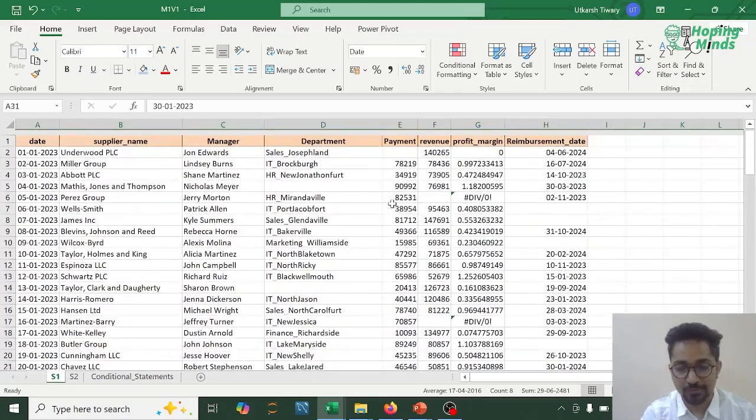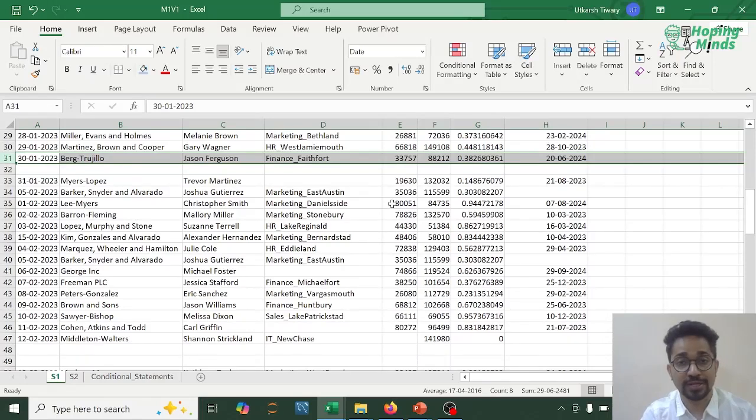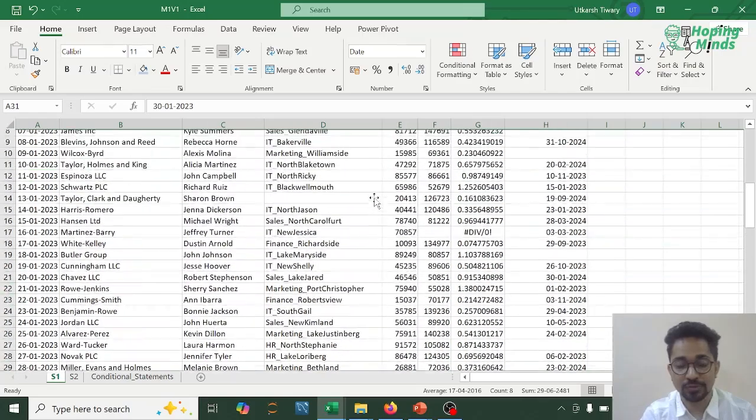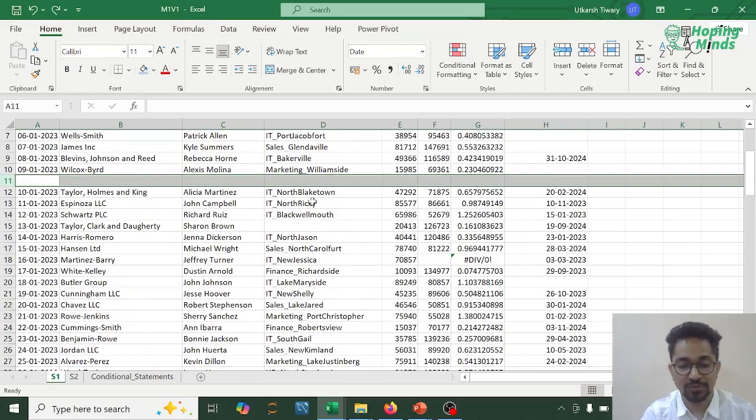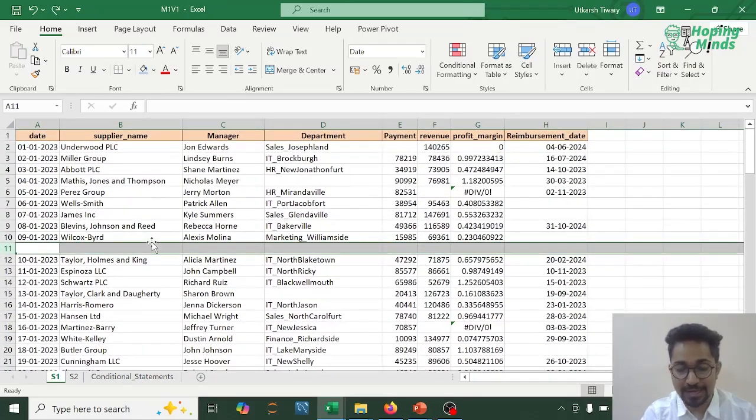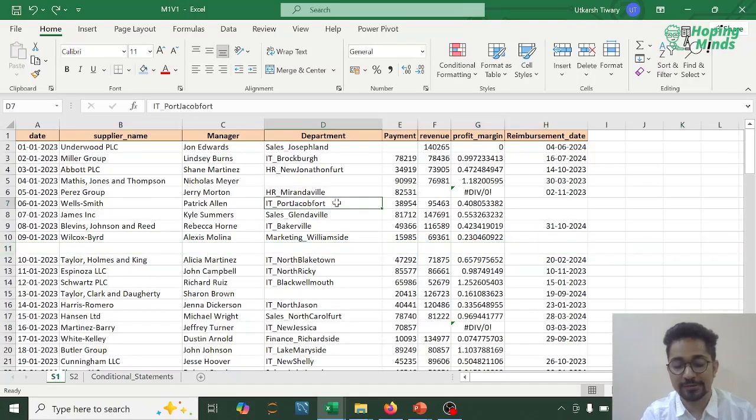But the point being, suppose out of 10,000 records, we have 100 plus rows which are entirely blank. So we won't go about deleting each and every blank row individually, right? So we have to figure a way out to delete the blank rows. To do that, first of all, I'll press Ctrl Z and Ctrl Z to undo the effect, and then blank rows से deal करने से पहले,